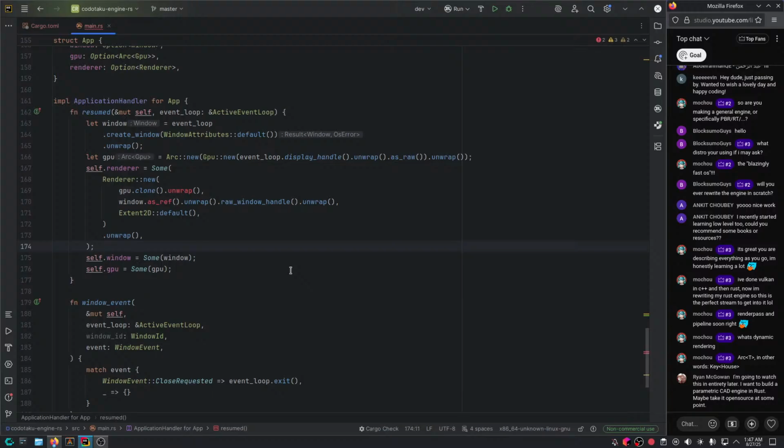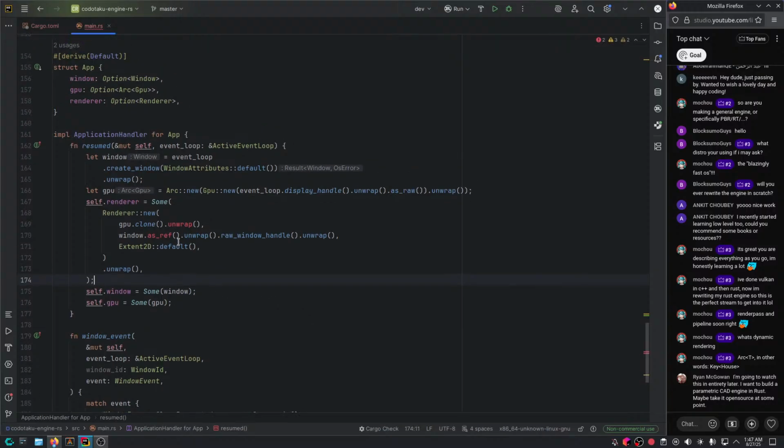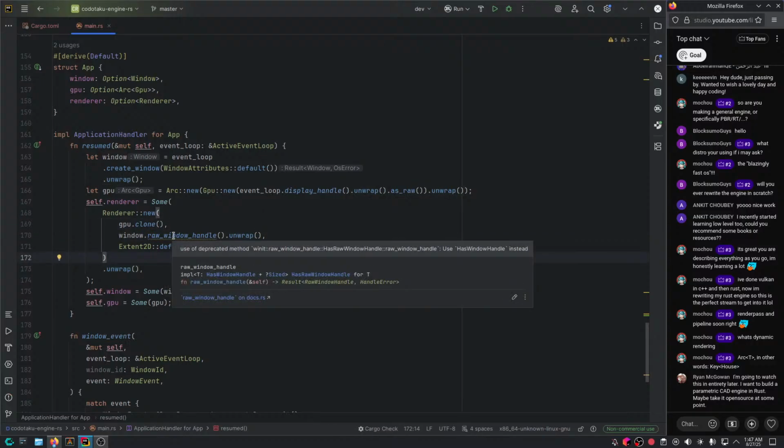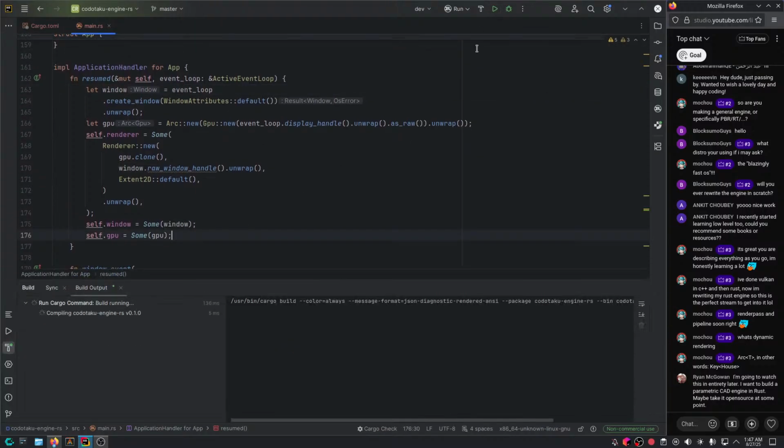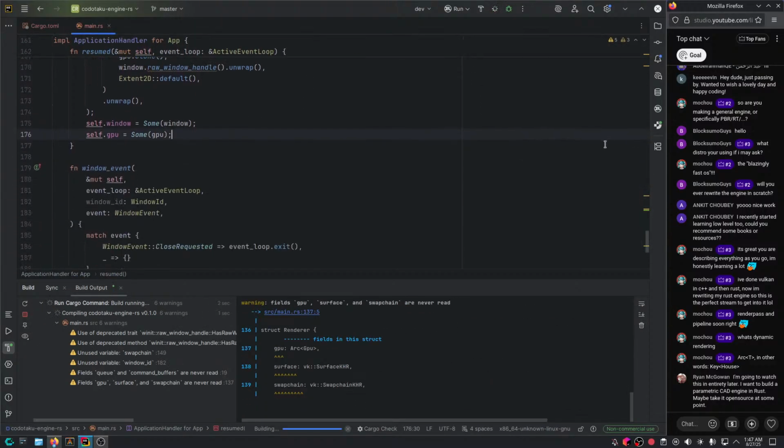All right, so that's pretty sick. We don't need unwraps anymore right now. We could just do that. And yeah, that's pretty much it. So we got window, we got GPU, and I believe now let's try to run this.